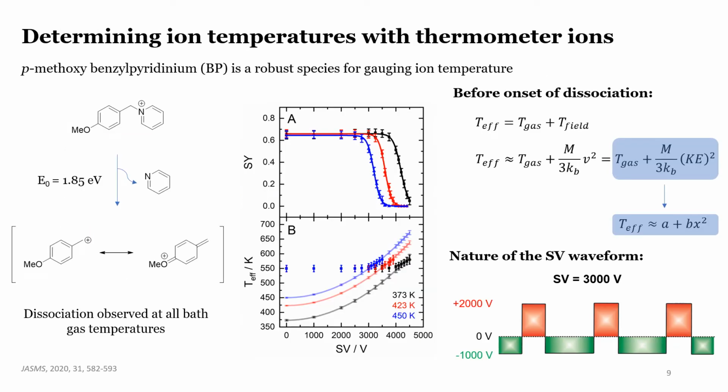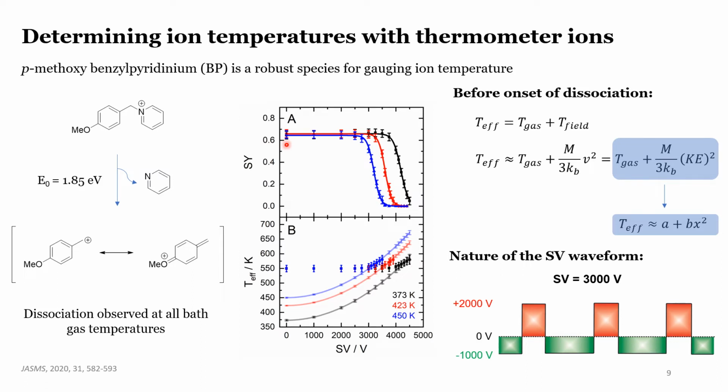With a method worked out, we thought it prudent to start our characterization with the most sensitive benzylpyridinium ion, containing a methoxy substituent. This particular derivative has a resonance-stabilized benzyl cation fragment, rendering its dissociation energy much lower compared to the other derivatives. As indicated, the survival yield is about 0.65 in the absence of a separation voltage; significant ion activation occurs during